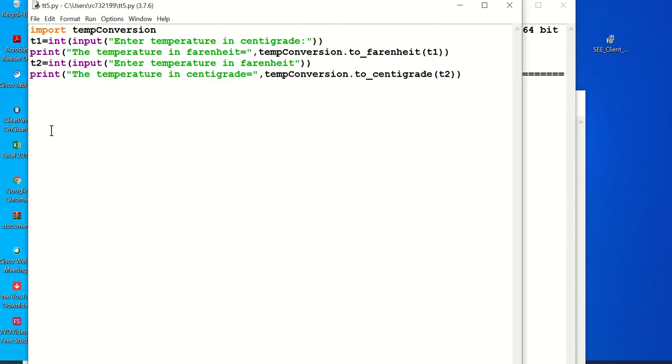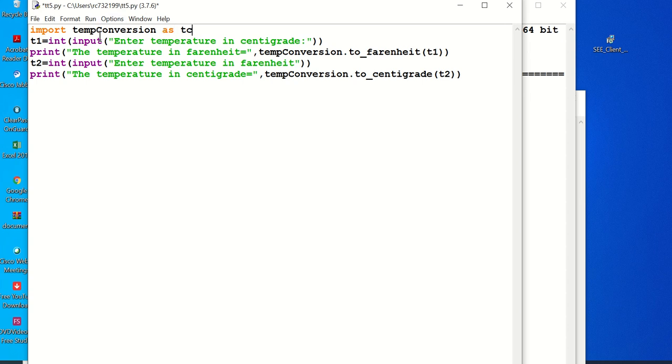In the first method we have also learned that you can use an alias name. How to do that? Import module name as alias name. So now I'm going to give another name for that. I'm going to make a small change in this particular program. Import temp conversion as TC.